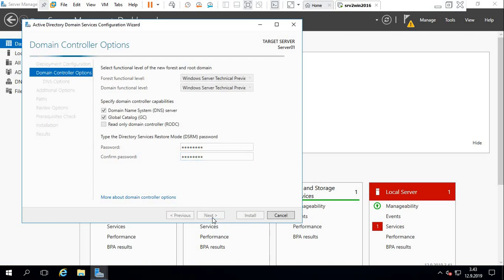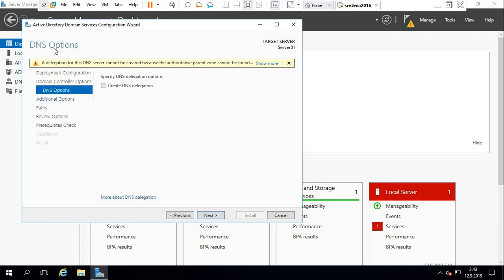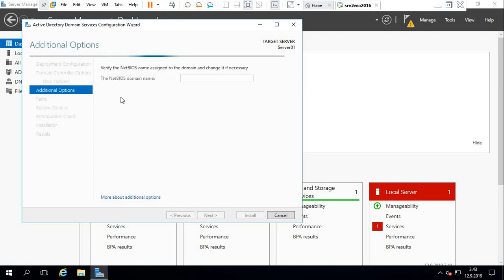Now we go next. Here a delegation error message is showing, so just leave it this way. No need to worry, just go ahead, and the computer is searching for the domain name I gave. It will find it here. Just wait a bit. Yes, it's showing the domain name now. Next,